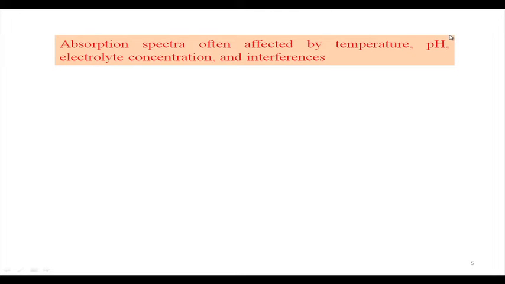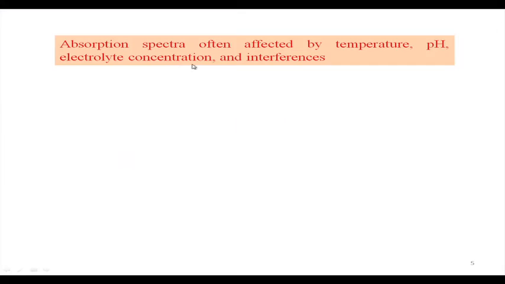That has some interesting relationship in terms of some physical quantity to determine. So, your absorption spectra will definitely change with pH. Suppose we are recording an absorption spectrum of a colored solution of a weak organic acid. If we change the pH, we know the different proportions of the acid and its corresponding conjugate base will change, and depending upon their relative concentration, we will see how pH can change the corresponding absorption spectrum. Then the different electrolyte concentration, because these different electrolyte concentrations can interact with the corresponding species which is